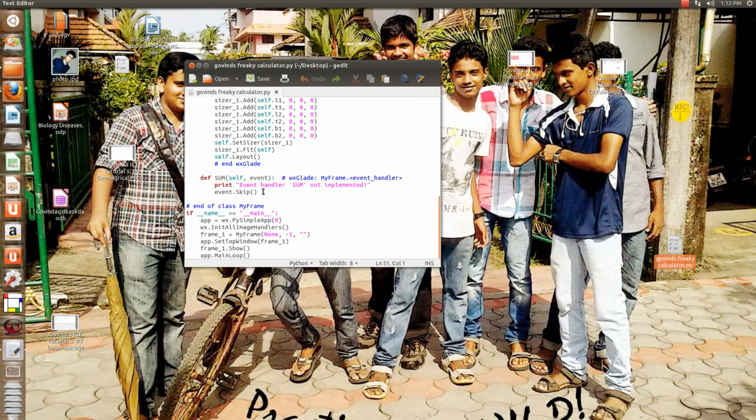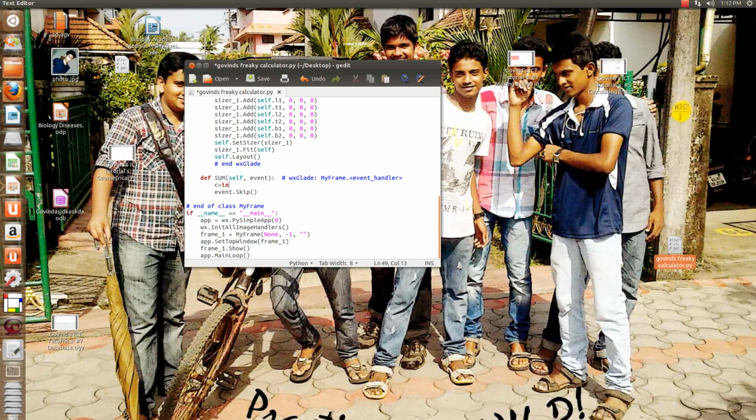For this, just erase the middle part, the middle sentence of this, and enter the following: C equals. You can copy it from the textbook, but be sure to rename the labels we gave. In the textbook it shows text control 1, but for us we entered it as T1, and for button 2 as per the textbook we entered in our wxGlade as B2. Remember to change it appropriately.